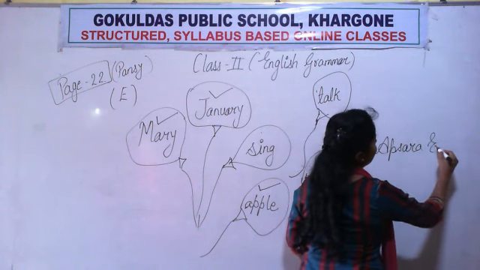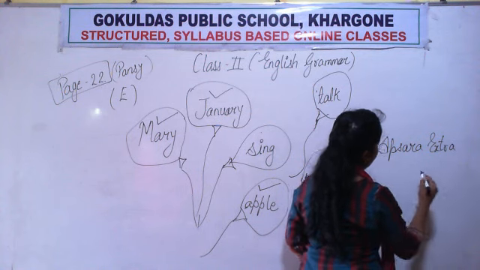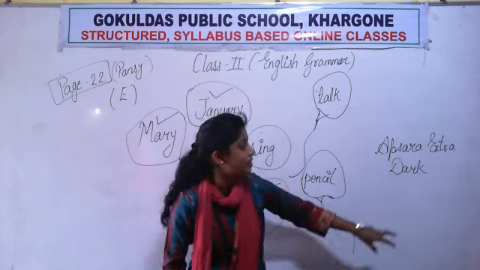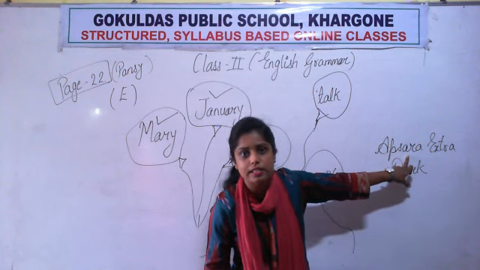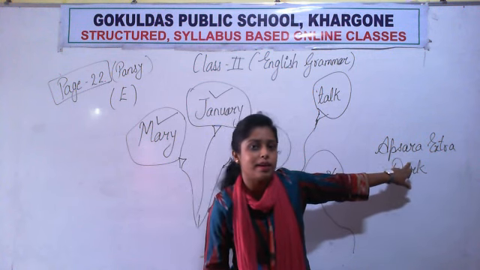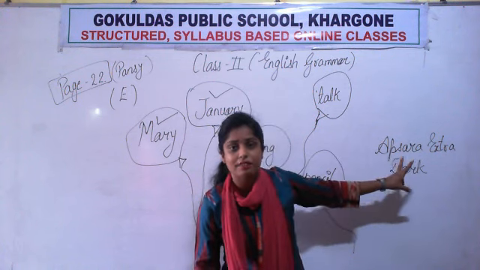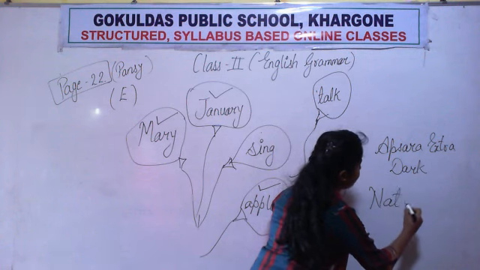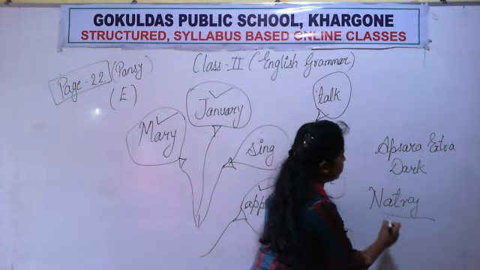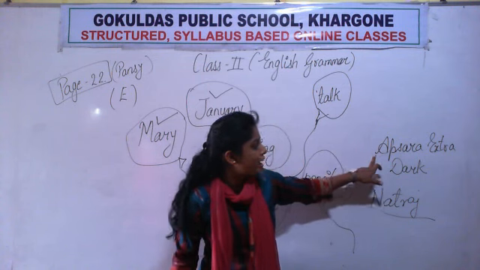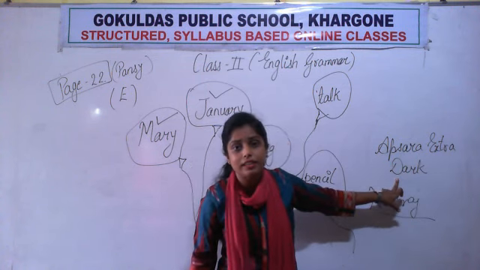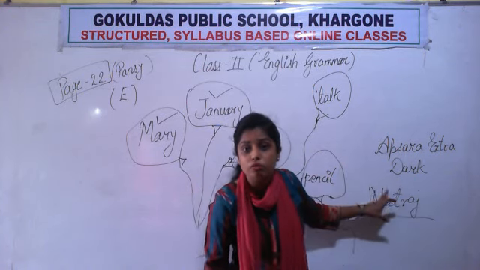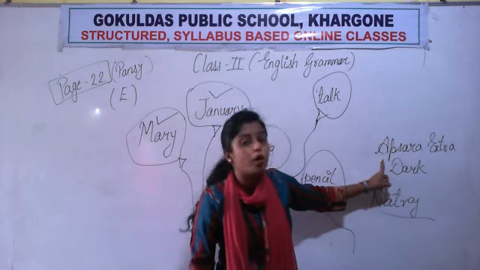Now, if for example I say Apsara extra dark, this is a very famous pencil. है ना? So Apsara extra dark is the name of a brand of pencil. ये पेंसिल का एक ब्रांड का नेम है. ओके. इस कंपनी के पेंसिल्स काफी अवेलेबल है मार्केट में. जस्ट लाइक नटराज. ओके. NATRAJ नटराज. So all these, now see, I have written here in capital letters. The first letter of all the words is capital. Why? Because all these are proper nouns.